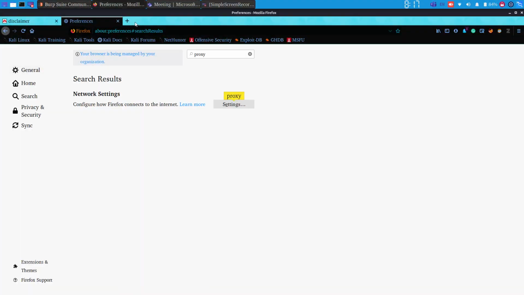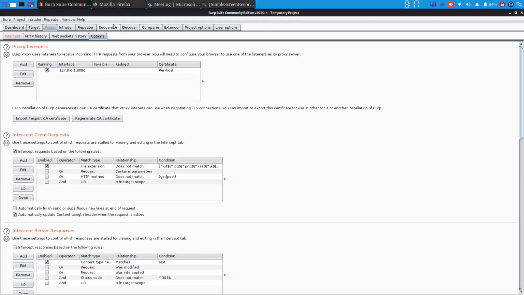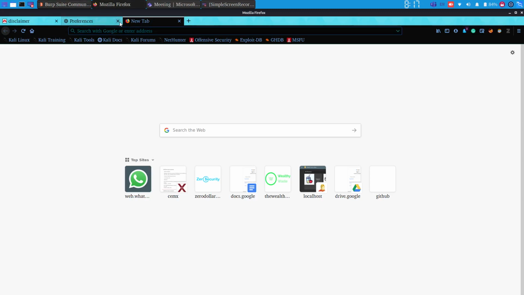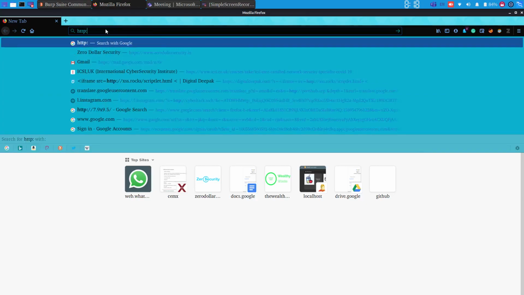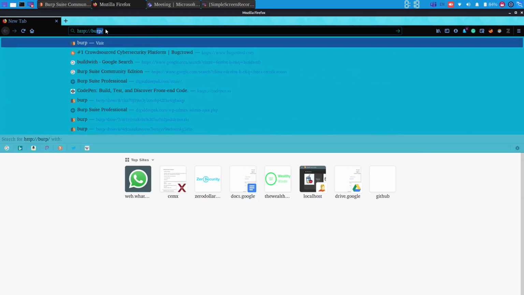So now we can visit any pages. Initially there is a problem. When you initially set up your Burp Suite with the browser and try to visit any website, the server does not identify this proxy server. The server finds that the signature is not valid. So how do we get the signatures correct? You can visit http://burp.